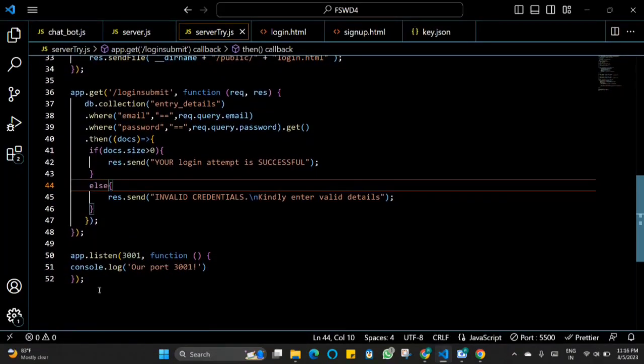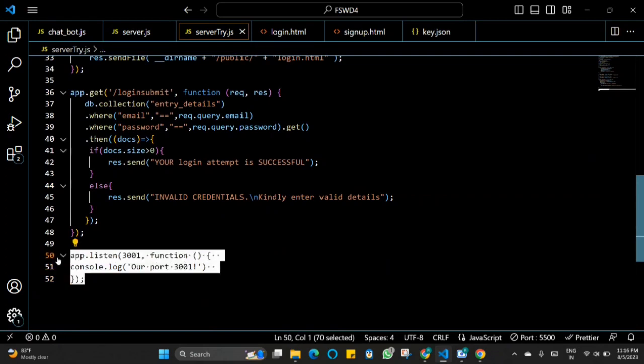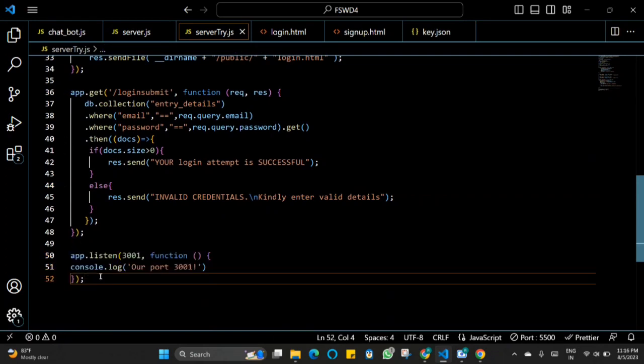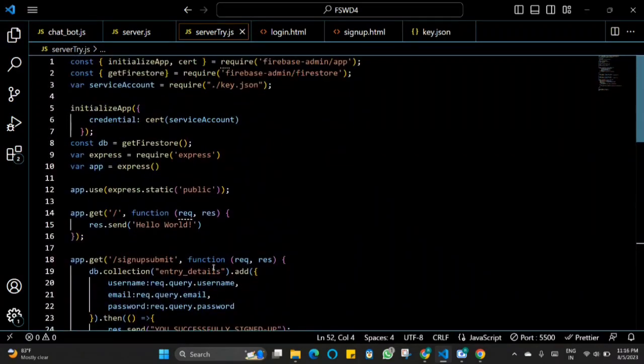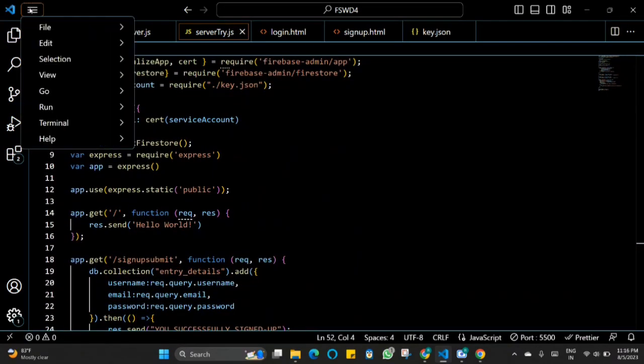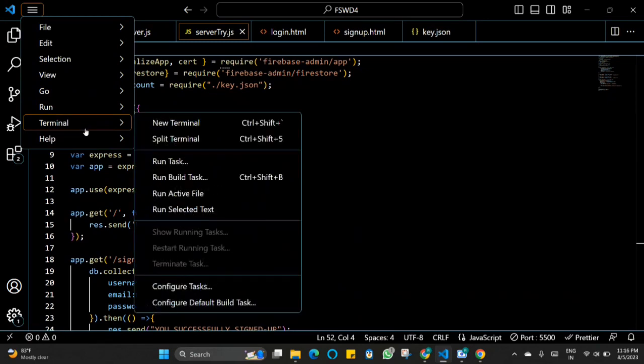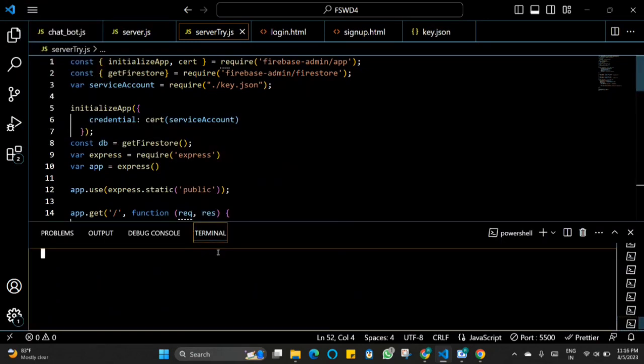And the final one, we have to give a port number to our app, so I have given it as 3001. And just in order to know whether my app is working, I have just console logged this: our port number is 3001. This is how my code goes. And once I start to run this code,